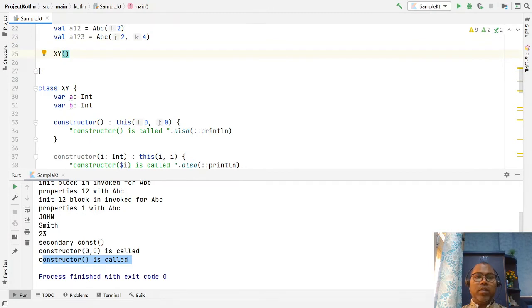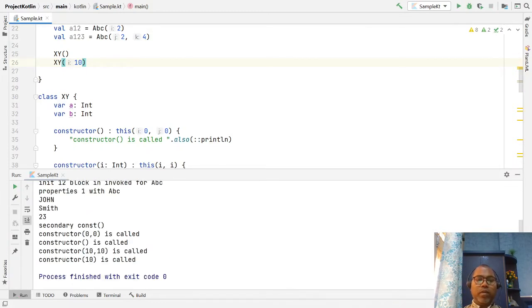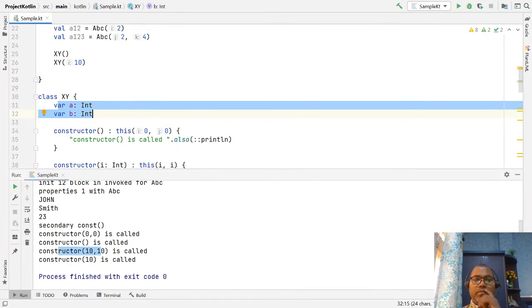You can also invoke with one value, so the one argument constructor is invoked, and then if you pass 10, 10, the second argument constructor is also invoked. So both variables are initialized in the second argument, right?